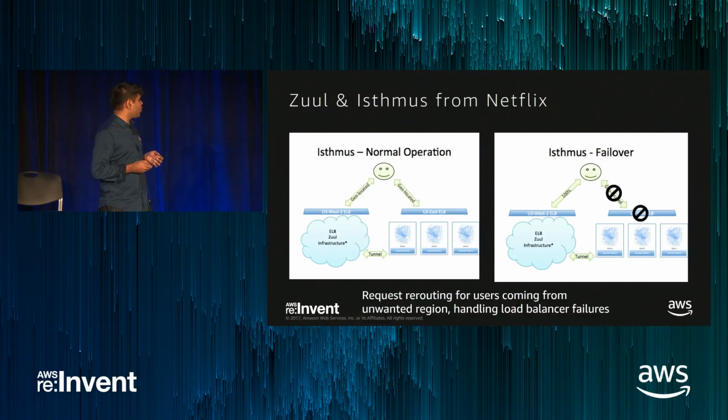So what these products basically do is, sometimes your users, because of whatever reason, end up in a wrong region. So the user who was supposed to go to US West lands up in US East, okay? So these projects, under such operations, allow you to route the user's request internally to the other region where it should have gone in the first place. And they also help you in the failover scenarios.